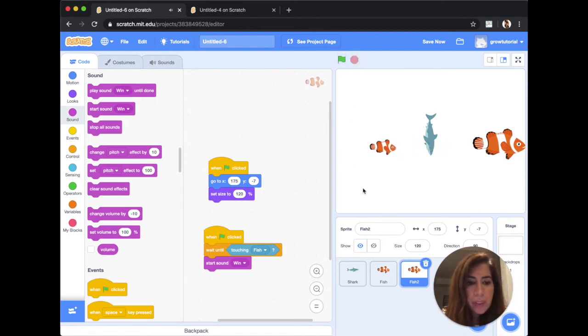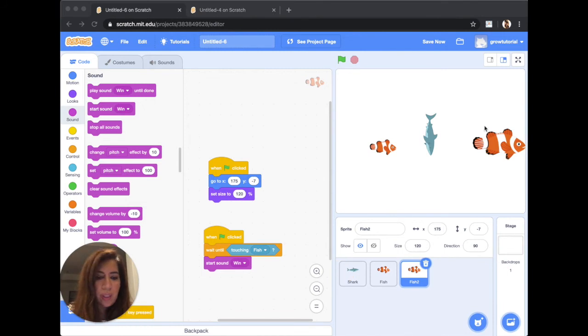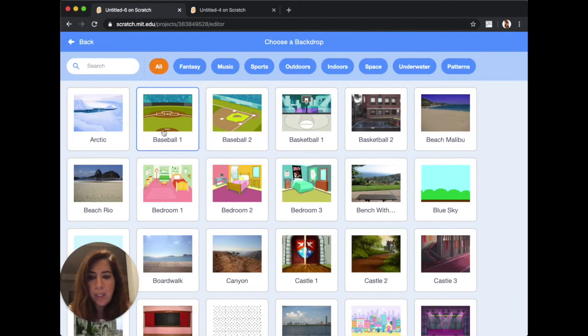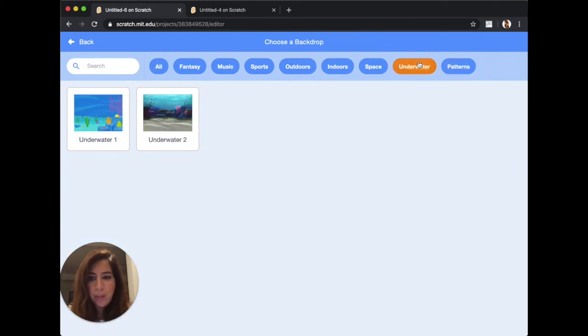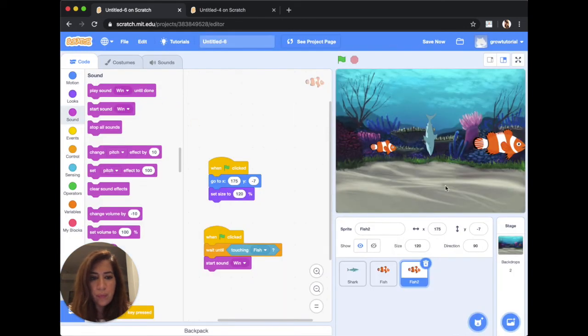Now one more thing we need to do is to change the background. So we're going to go to backdrop, choose a backdrop, and then we're just going to choose underwater, which you already have as a category right here, and we're going to choose. So now let's just hit the green flag again, move the fish,